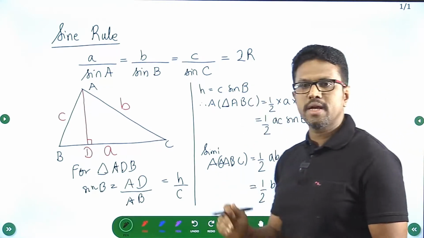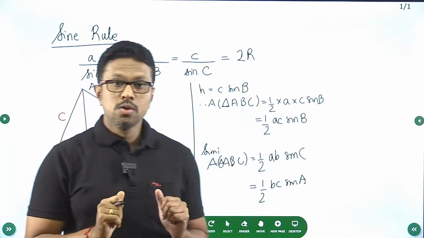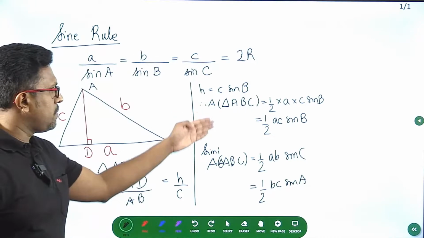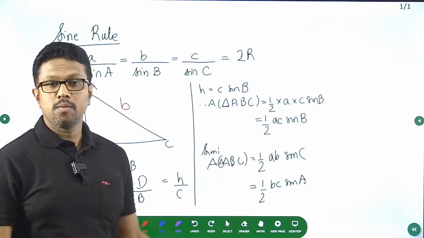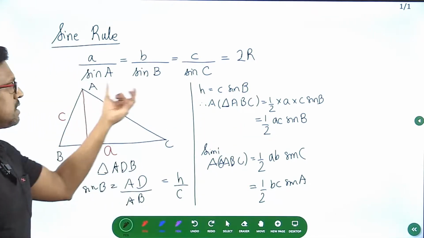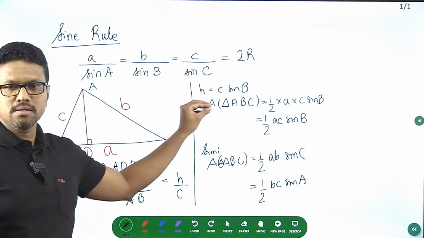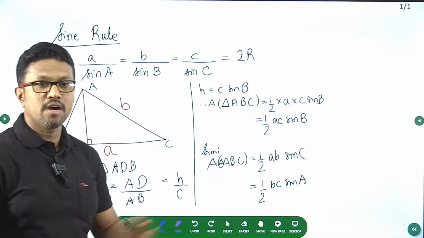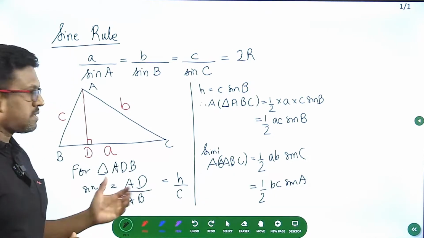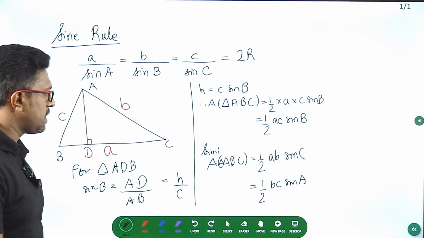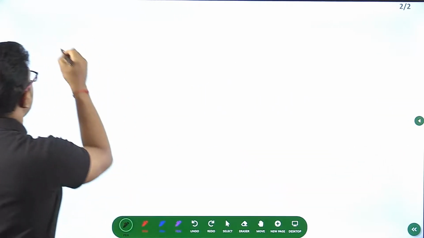So area of triangle ABC, the part that is common. So I can see that the area of triangle ABC has 3 different formulas, so there these 3 ratios are going to come, okay. So we can understand this much part. Area of triangle ABC is half AC sin B, half BC sin A, half AB sin C. So we can say therefore since LHS is same, RHS should also be same. So we can say therefore